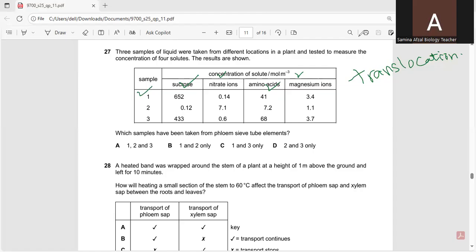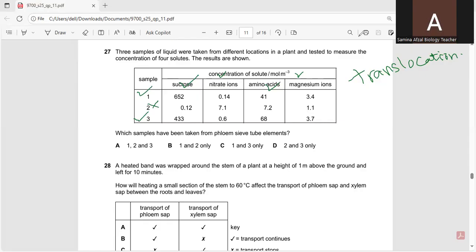The second sample shows the highest concentration of nitrate ions and amino acids. It means this has not been taken from the phloem sieve tube elements. And the third sample also shows the highest concentration of sucrose and amino acids. It means it has also been taken from the